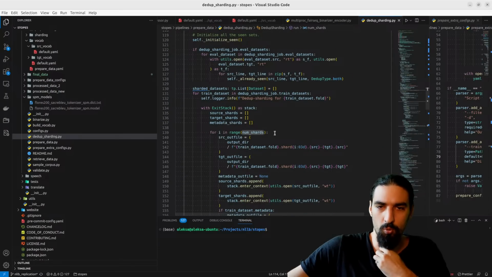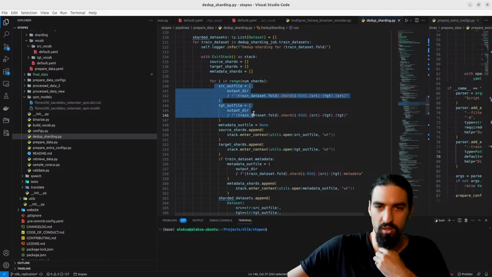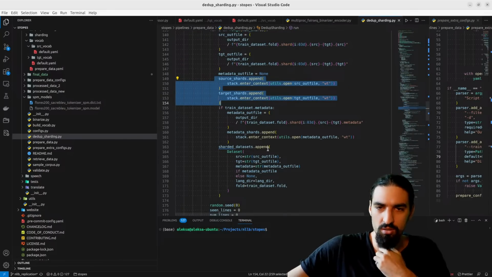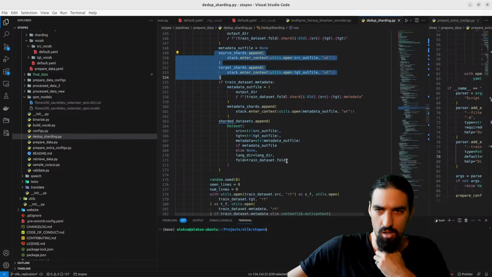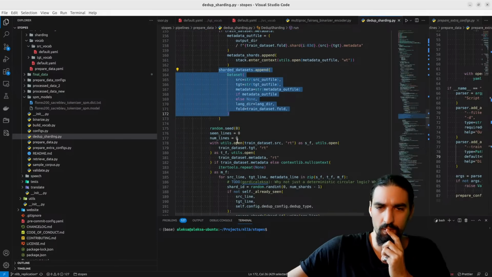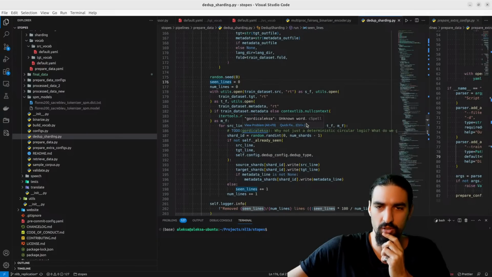So we go for each of the shards, we create the data, the outputs, we open the files. Then we append. So how many lines do we put inside here?